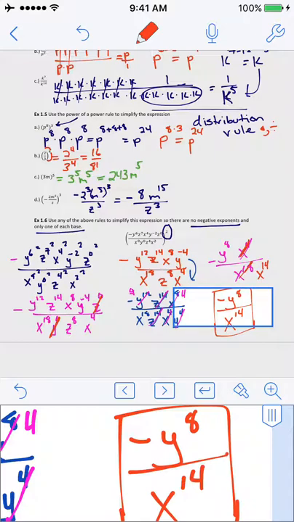Now, you must obey the rules individually, right? If you see a product rule, please make sure you're actually multiplying and you have the same base. If you see a 0, make sure you cancel it out for a 1, right? Don't change it to a 0, okay? Make sure you follow all of the rules accurately, but you really can